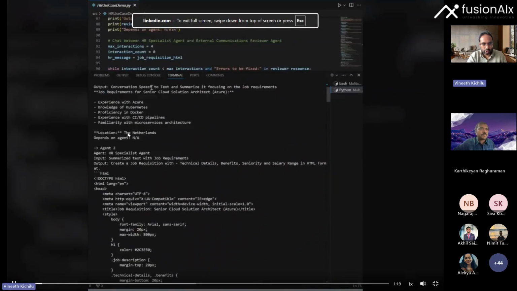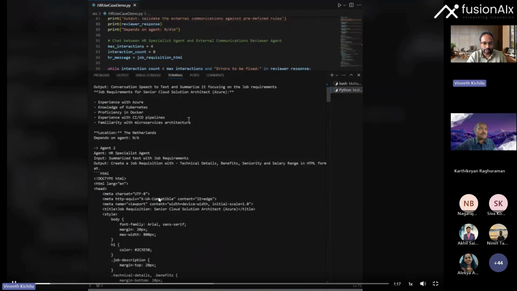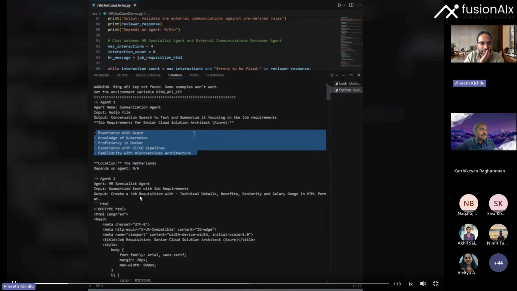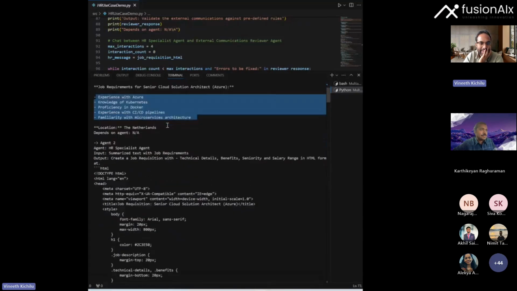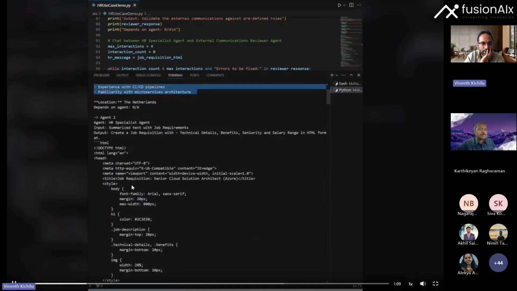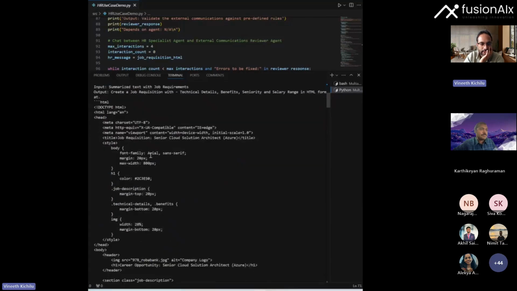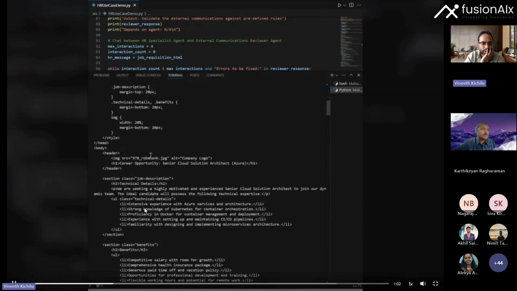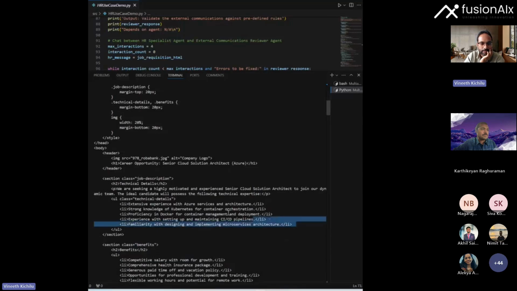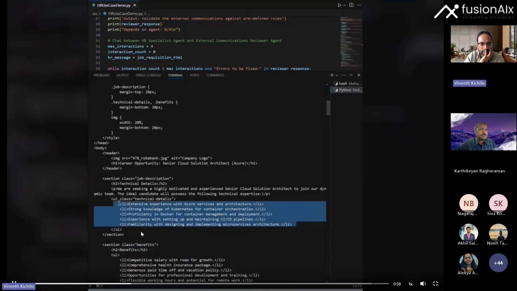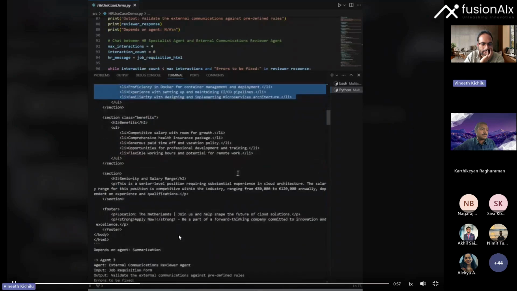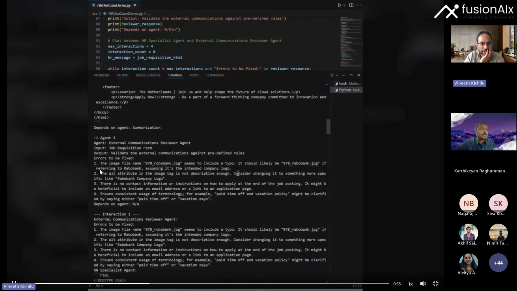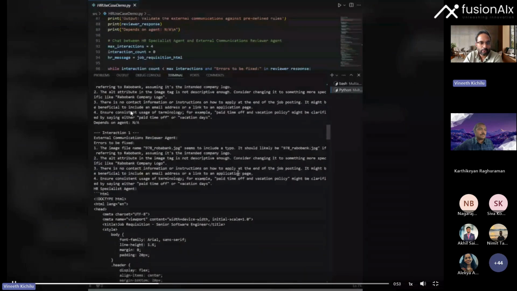They are actually talking to each other. Agent 2 has created the summarization, and the summarization will go to agent 3, and agent 3 will give feedback on whether it likes that summarization or not, right? You'll see here, agent 2 is now creating the job requisition with the knowledge tag, and then it is going to agent 3. And see, agent 3 is coming up in the picture, doing a communication between the agents.